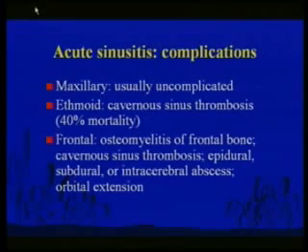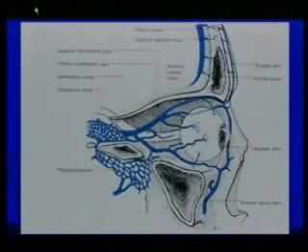Frontal sinusitis can also do that and can cause osteomyelitis of the frontal bone, and can extend into the brain. So the point is that sometimes sinusitis can be very, very dangerous. This person has ethmoid and/or frontal sinusitis with an edematous eyelid. And this is why frontal sinusitis and ethmoid can be dangerous, and why you shouldn't pop a zit in this area of the face, right?